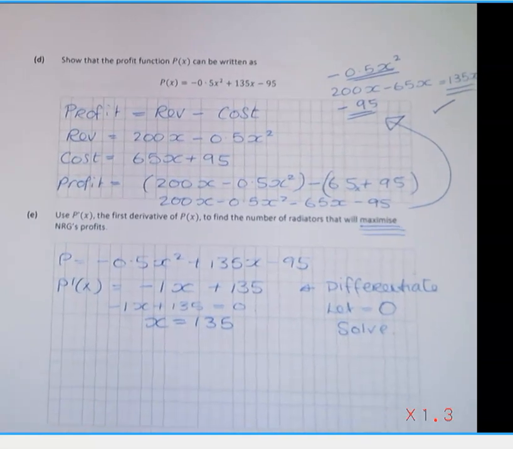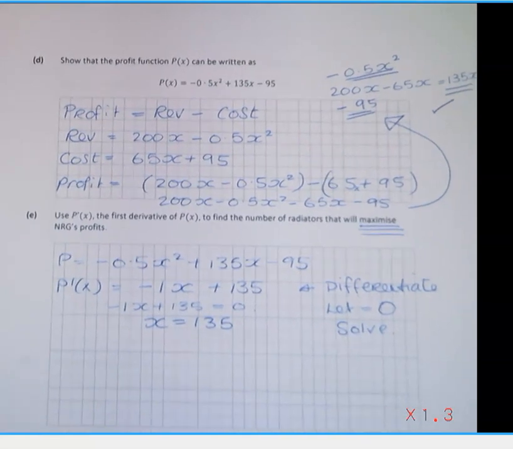Part D says show that the profit function can be written in the form of x's and numbers. Your profit was equal to your revenue minus your cost. Your revenue formula was 200x minus 0.5x squared. Your cost was equal to 65x plus 95. So your